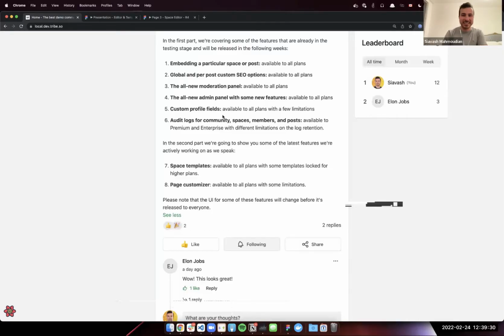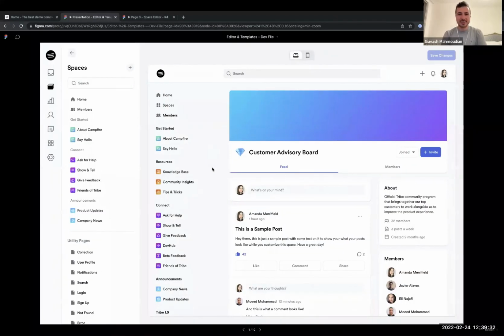Amazing. Thank you so much, Sohail, for giving the context. Now, I'm extremely excited to share this with you. We still have a long way to go. This is still in the process of being developed, and believe me, a ton of thinking went into making this as simple as you see it here. Hopefully it is simple. So let me share my screen and show you how this will look.